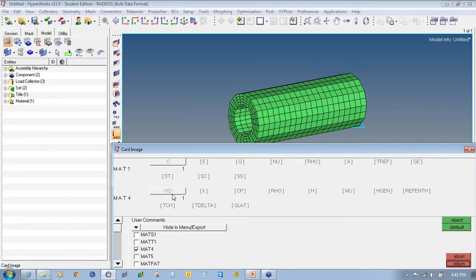So if a quantity in bracket does not have a value below, it is off. To change it, we need to click on the brackets. So we'll input the following properties: E as 2.1e10, then nu as 0.3, rho as 7.9e3,